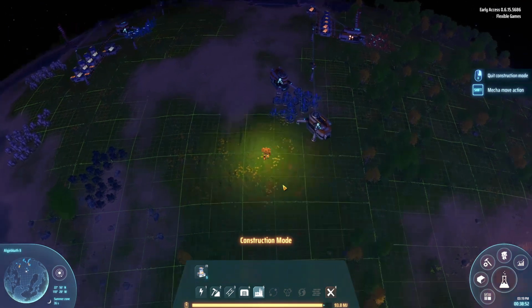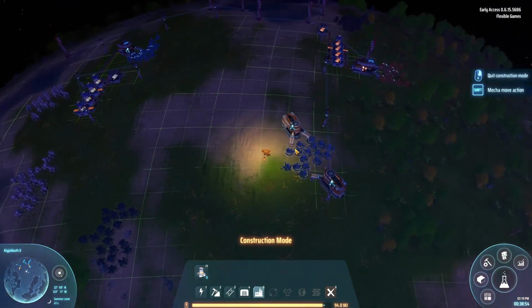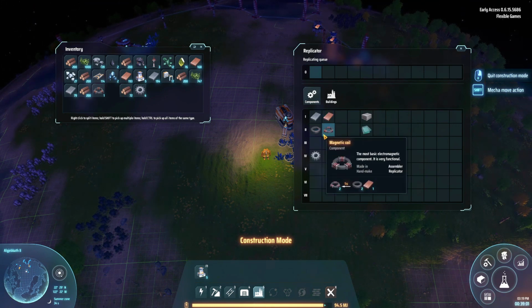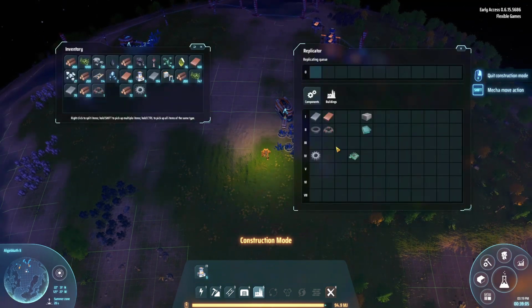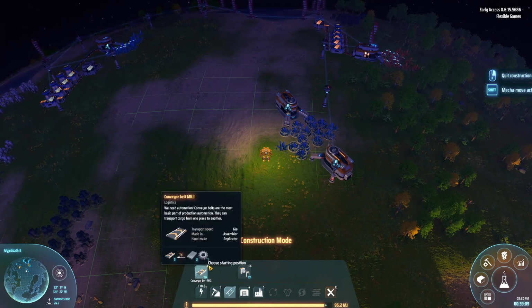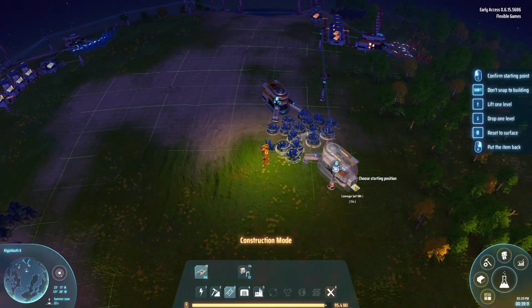Wow, that's a hurtful ratio right there. But don't we make, yeah, we make 2 at a time of these. So that's good. That's actually very helpful. We actually make 2 magnetic coils per cycle. Okay, so we want...